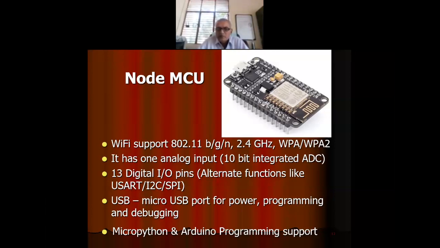On the NodeMCU, 13 digital IO pins are available, and all the pins have alternate functions like USART, universal synchronous receive transmit, I2C, inter-integrated circuit, and SPI, serial peripheral interface. It has a micro USB, so we can use a cable to connect with a laptop or PC for programming purposes, and we can use MicroPython or